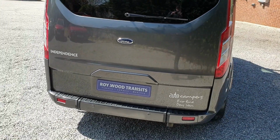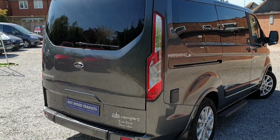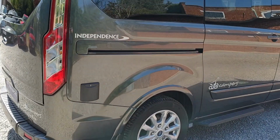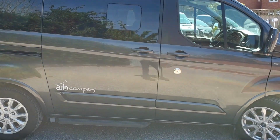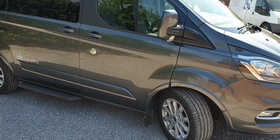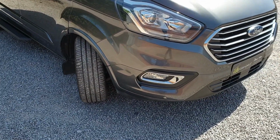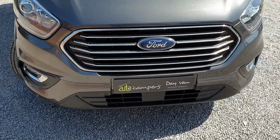130 PS 6-speed manual, electrical hookup, go into more detail about that later. The upgraded driver security door lock fitted by Roywood Transits. You've got heated mirrors, heated windscreen, corner and fog lights, 5-bar chrome grille,